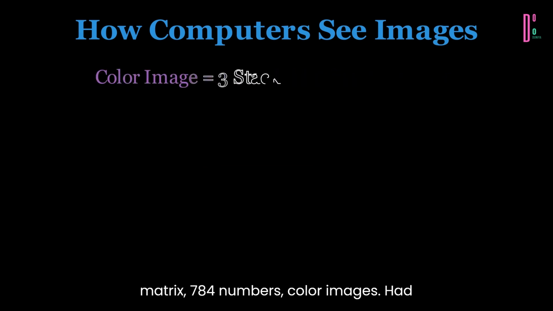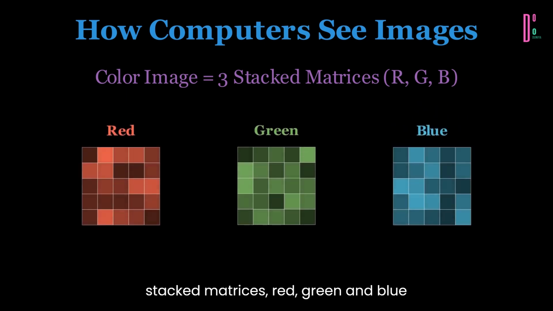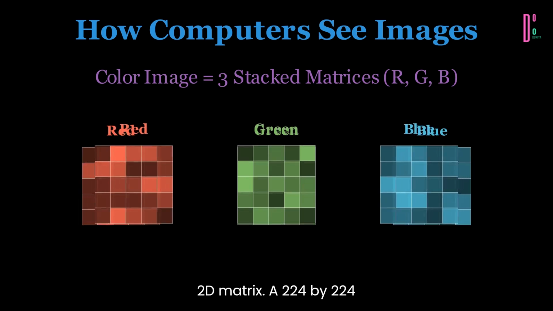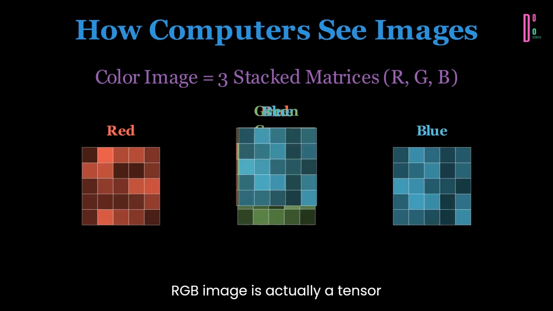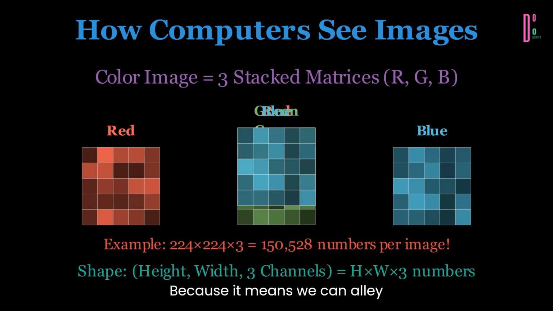Color images add complexity. They're represented as 3 stacked matrices, red, green, and blue channels. Each channel is its own 2D matrix. A 224 by 224 RGB image is actually a tensor with shape 224 by 224 by 3. That's 150,528 numbers total. This numerical representation is crucial because it means we can apply mathematical operations to images, and that's